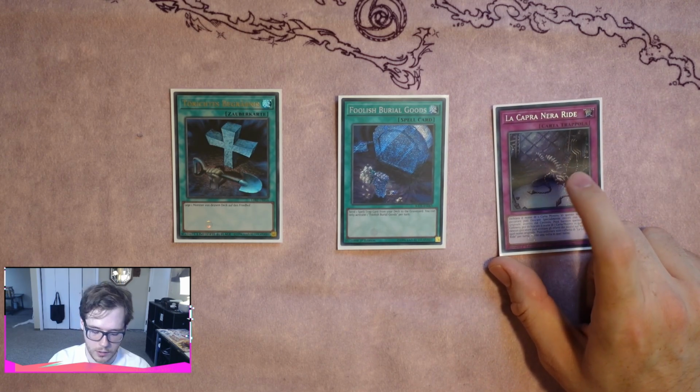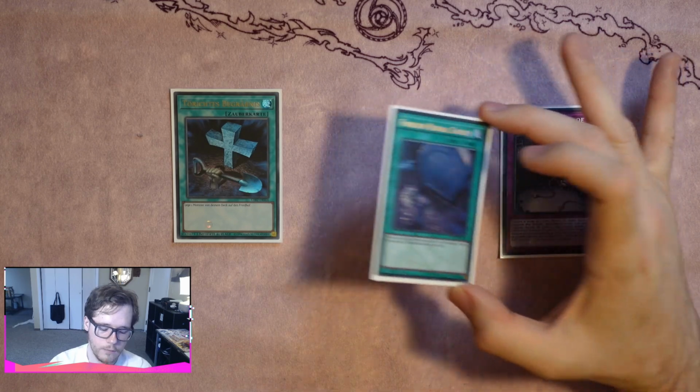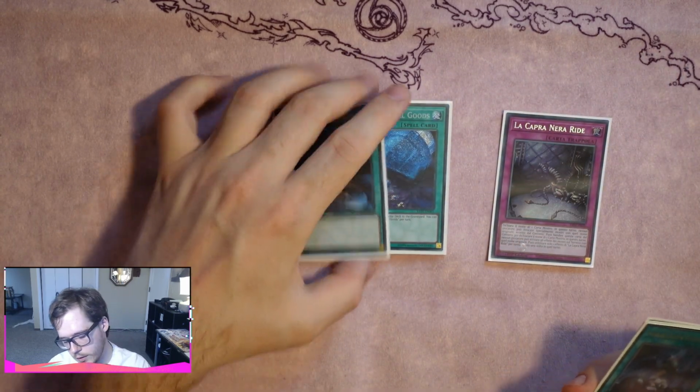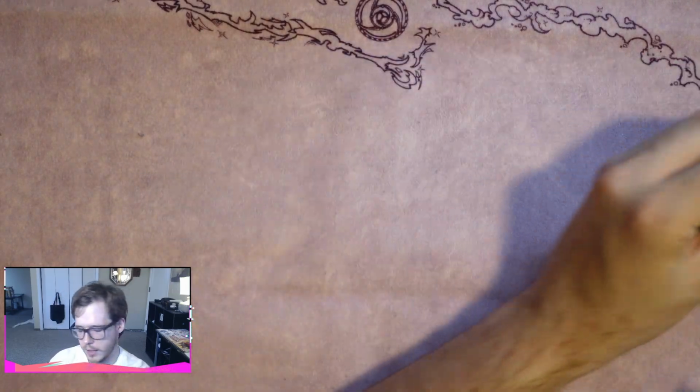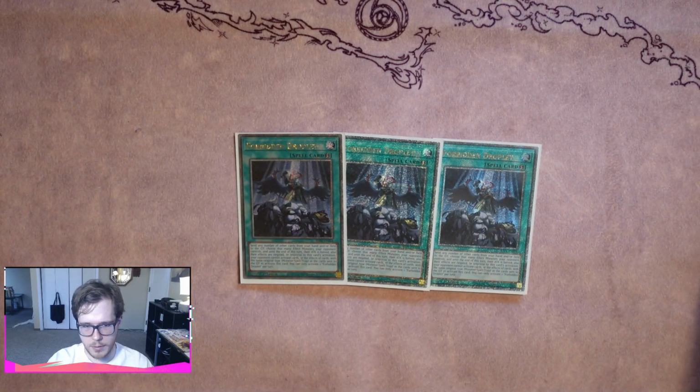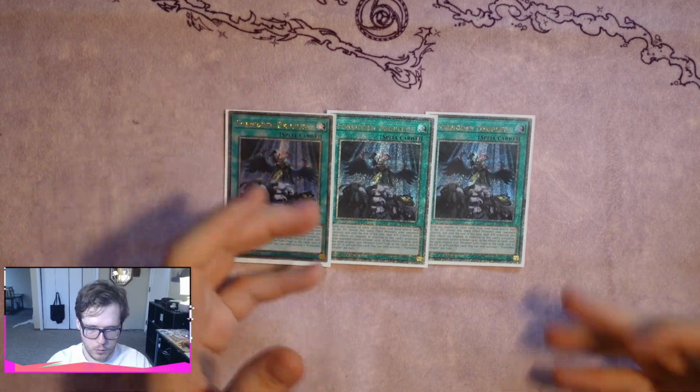This card's very good. It overperforms whenever I see it. Foolish Burial at 1, I think, just so it doesn't brick, and then I just think these are way too good cards. And then for the last 3, Forbidden Droplet: it was basically between Super Poly, Forbidden Droplet, or, of course, Triple Tactics Talents